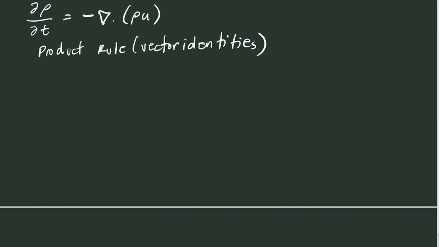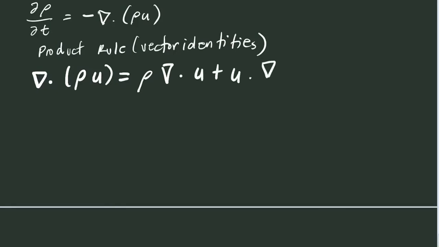We use the vector identity na grad dot rho u is equal to rho grad dot u plus u dot grad rho. And by collecting terms or grouping your terms, you get this equation